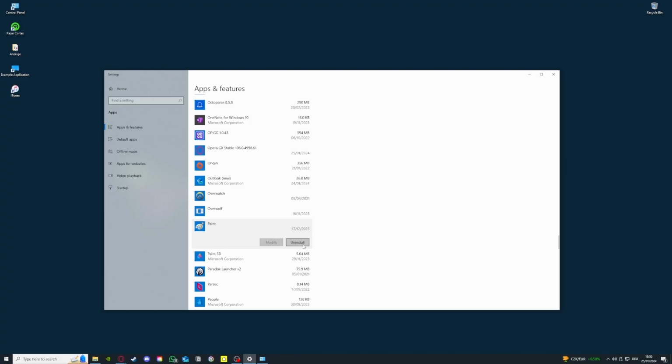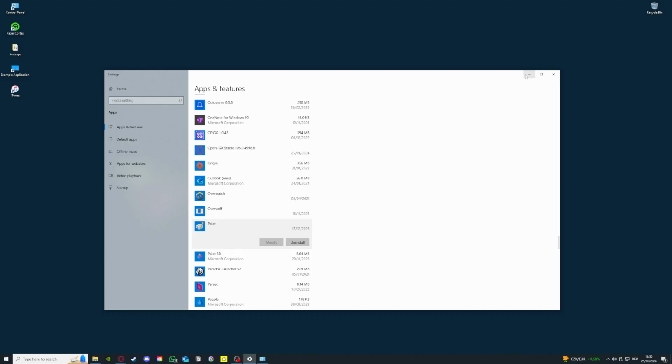For example, if I want to uninstall Paint. If the previous fixes didn't help you, I would recommend doing it for once. And after that, if there's still an issue, which most of the time isn't the case, you will have to scan for malware, which is my next point,